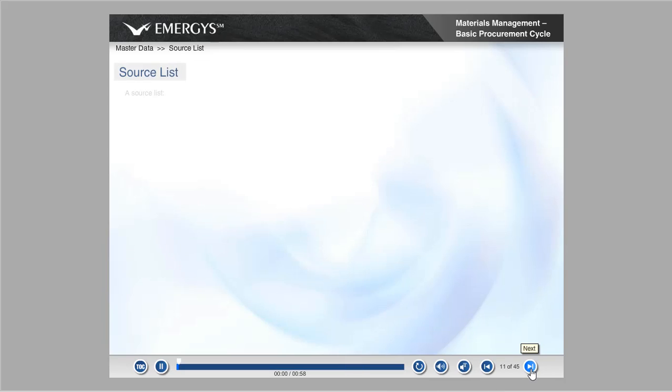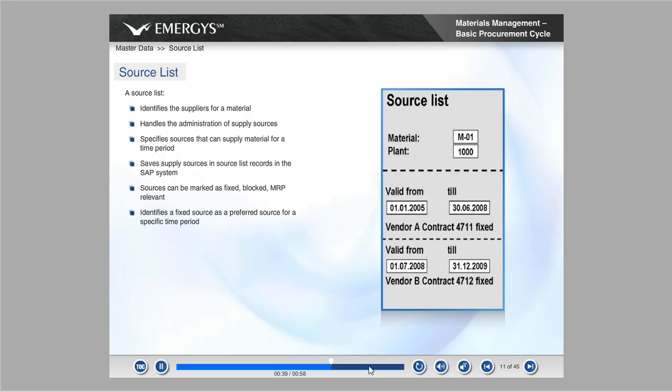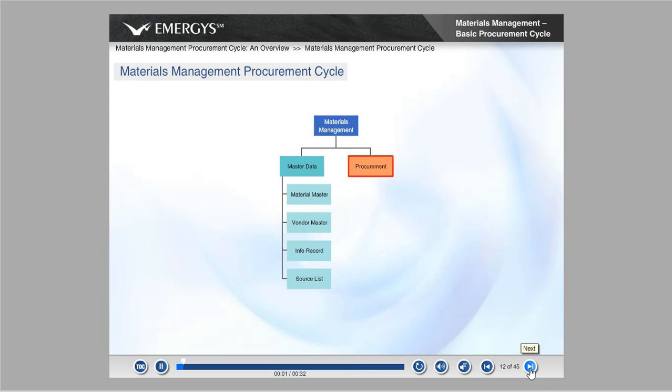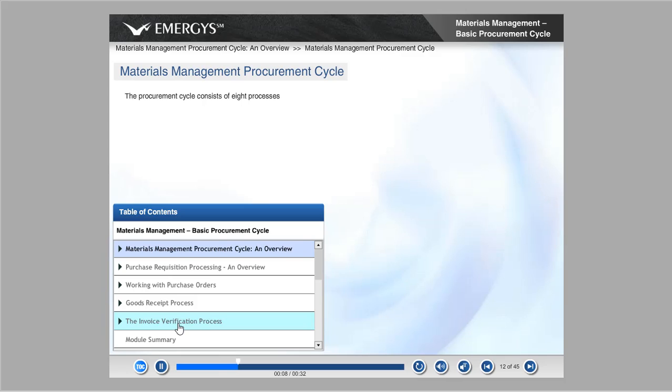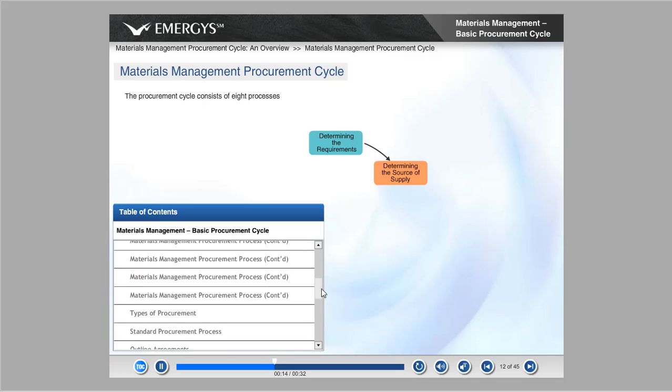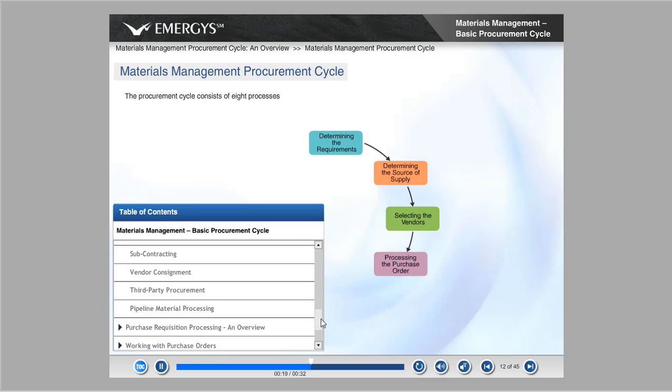A source list identifies the suppliers for a specific material. Vendor A is the fixed source for one time period, and vendor B is the fixed source for another time period. A blocked source is a source of a material that is not a valid source. The procurement cycle for a service or material in material management consists of 8 processes. They are: determining the requirements, determining the source of supply, selecting the vendors, processing the purchase order, monitoring the purchase